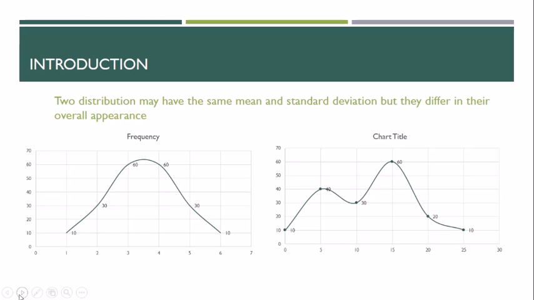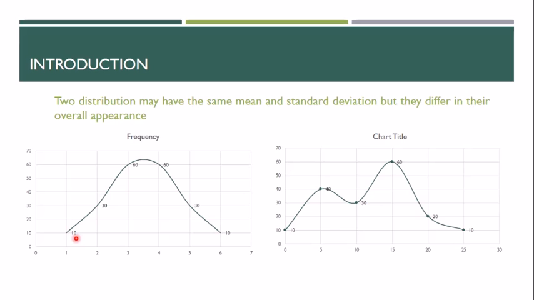Now, as you can see in the figure, I have drawn two figures over here. These two figures represent two different distributions, and you can see the first figure is bell shaped, the other one is not a bell-shaped graph. But the peculiarity of these two figures is that when you calculate the mean and the standard deviation, that is, in figure 1, if you calculate the mean of this